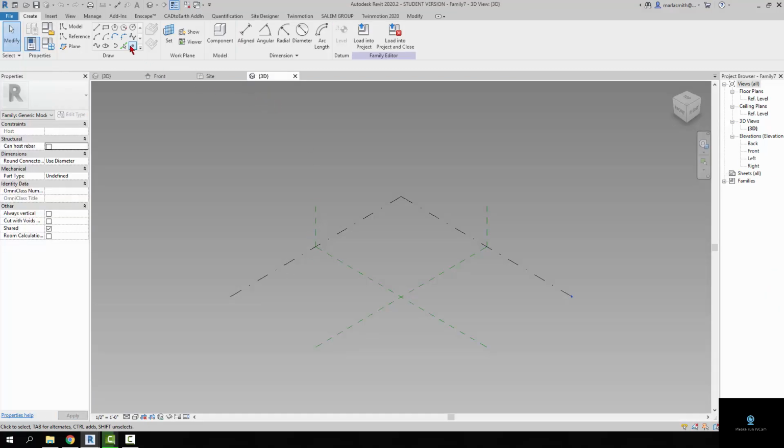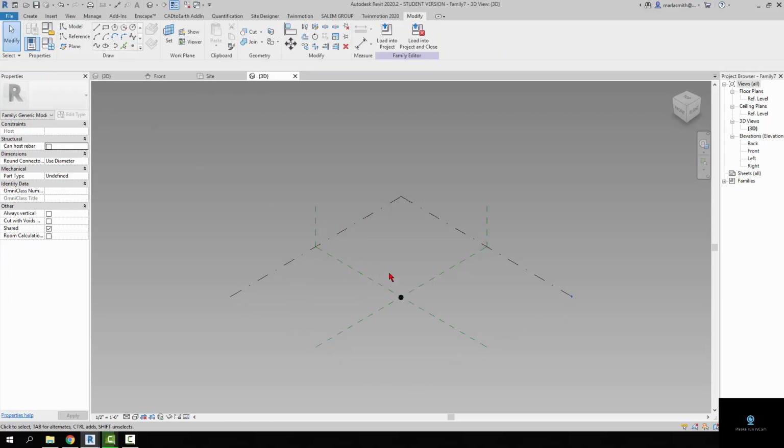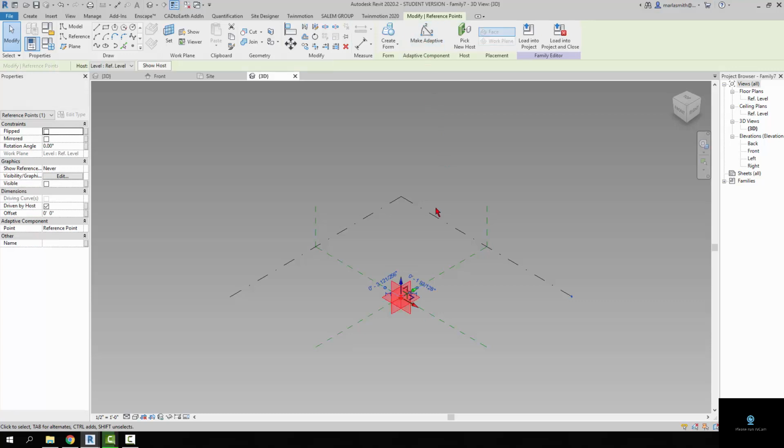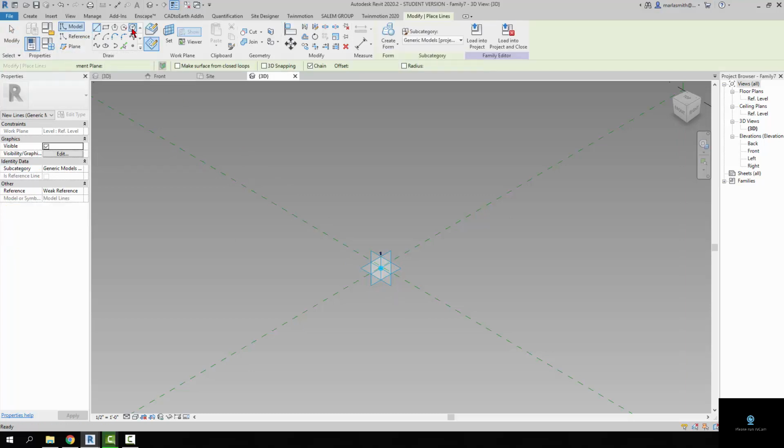And I'm going to place a point out here, right? And then I'm going to select that point and make it adaptive. And then I just want to put something on there that I can see, because if I bring this point in there, it'll be a teeny tiny blue dot, and if the masses aren't, I want to be able to see it. So I'm just going to come in and go to Model and Circle,